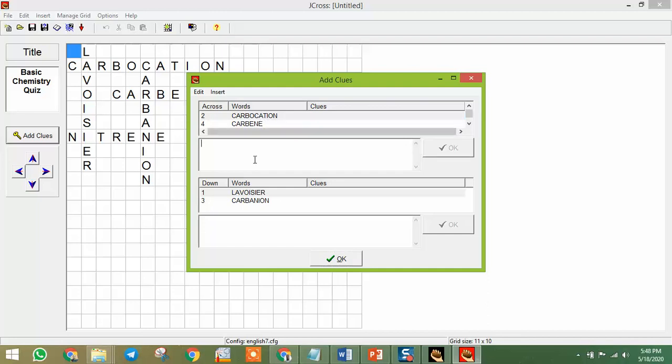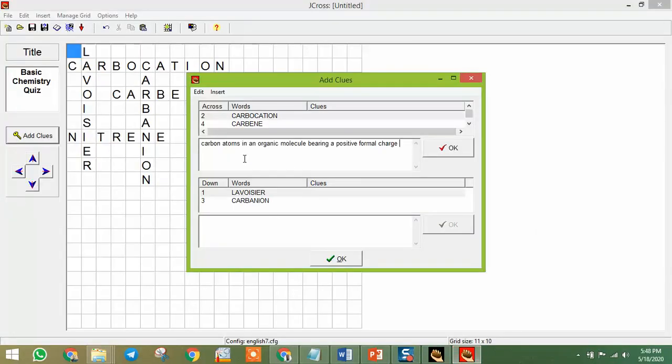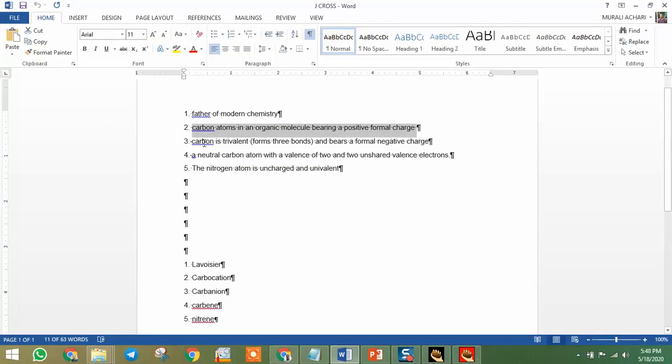Click on this. You need to add a clue to this. So I am adding a clue for this: carbon atoms in an organic molecule. Okay, then I am adding to this.